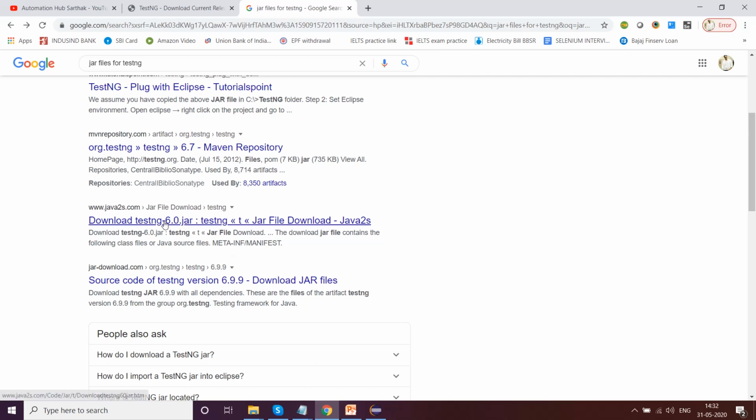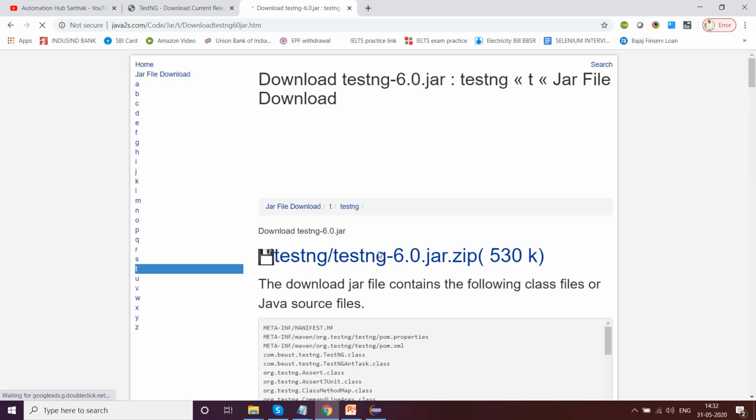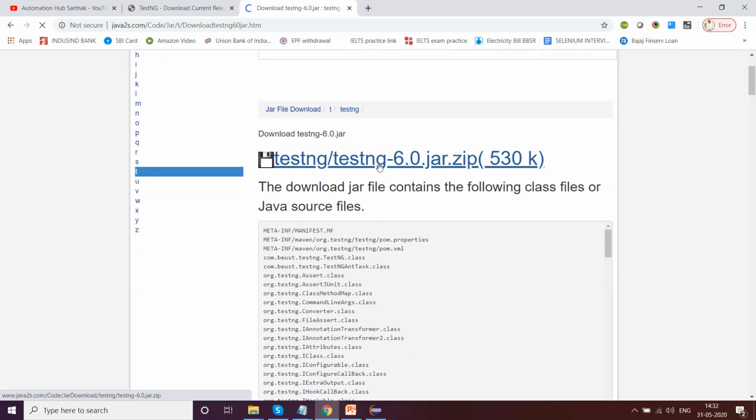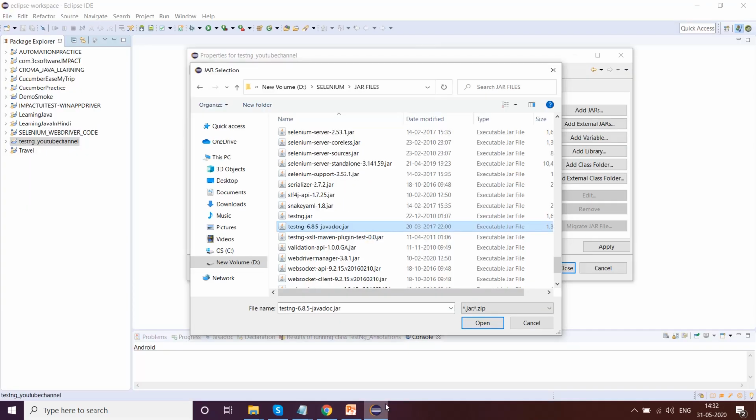You can download TestNG jar and just add it in your jar files. This is what you need to do. Then you can upload that particular jar file into this project and run it, and that's how it should work. I generally don't do it because I use a Maven project, but for you people I'm making it here.